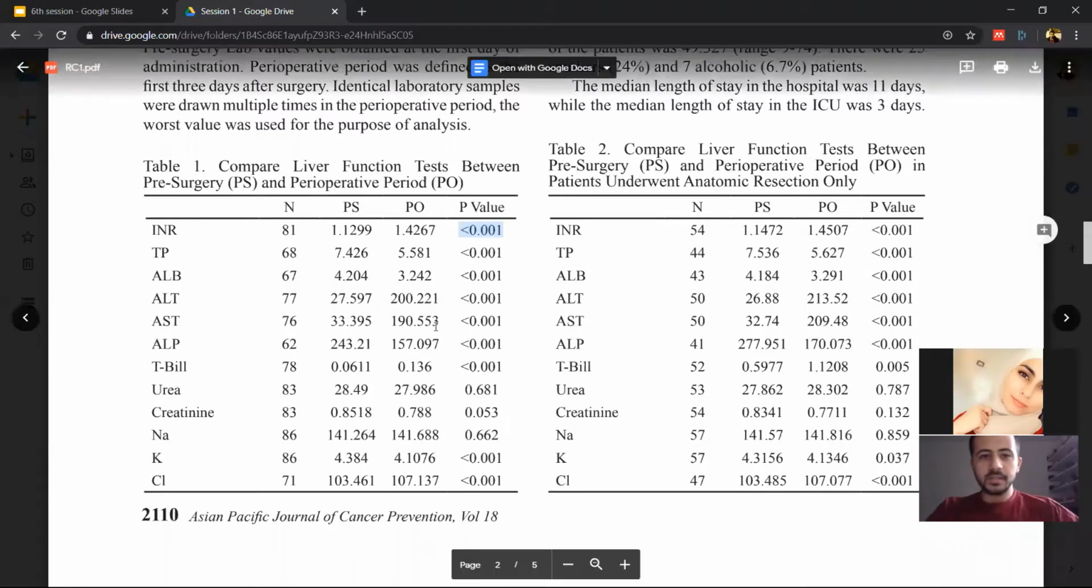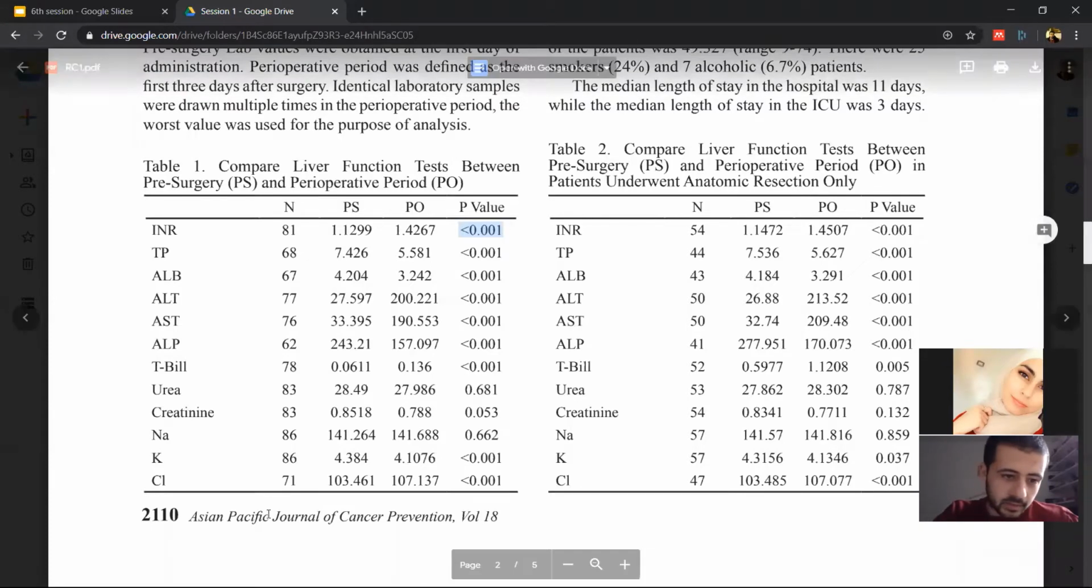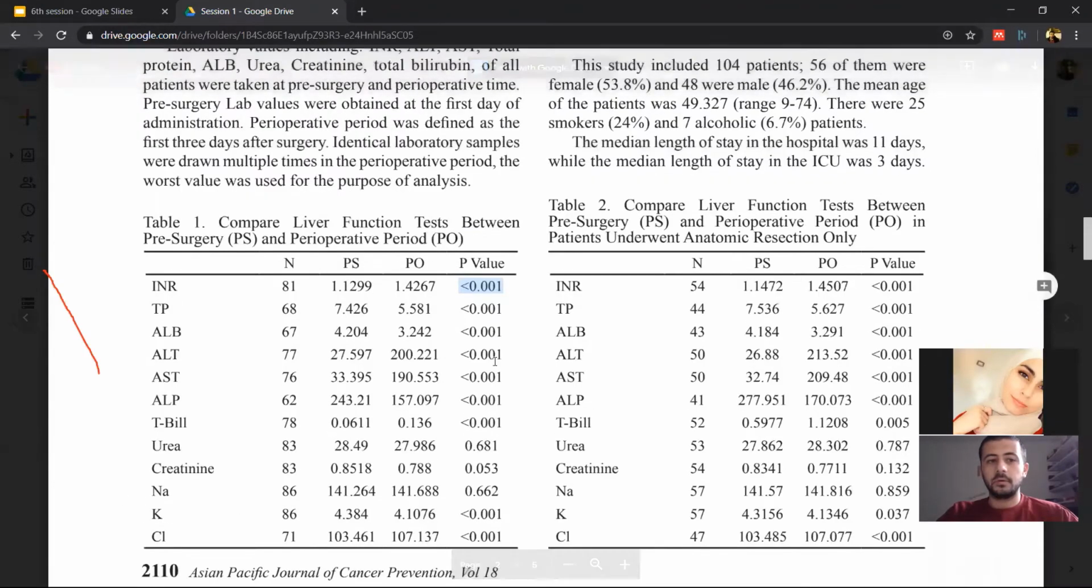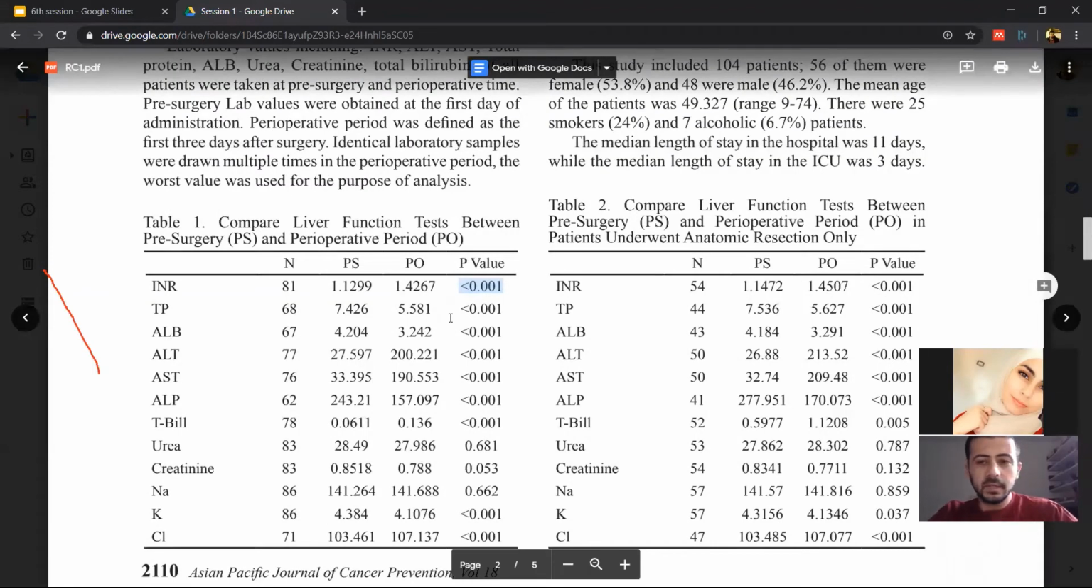I think the test here is like this. Usually, they put a star here and they put the name of the test under the table, but